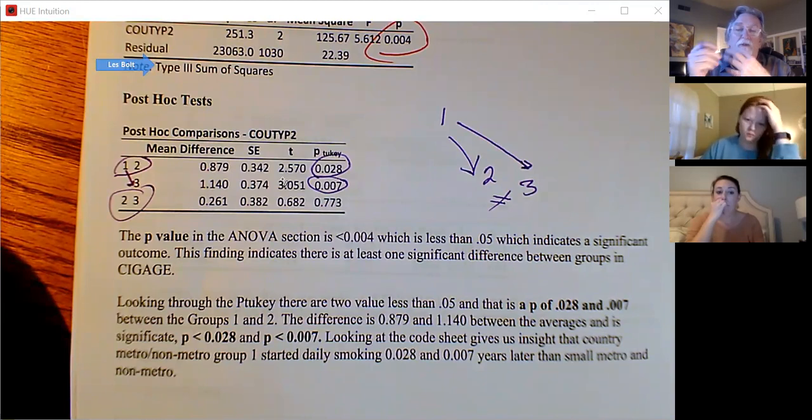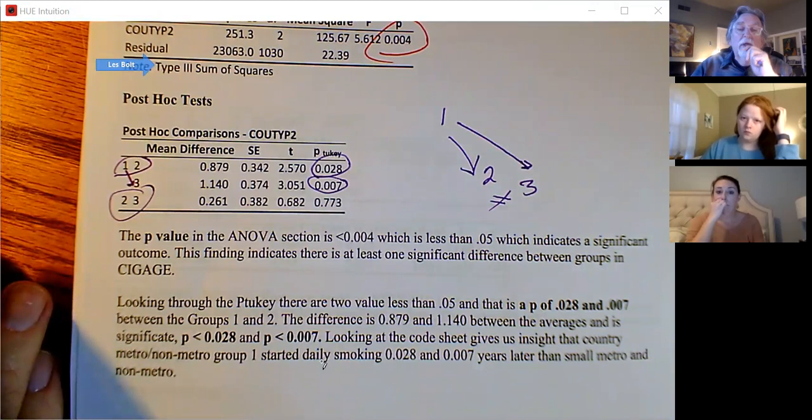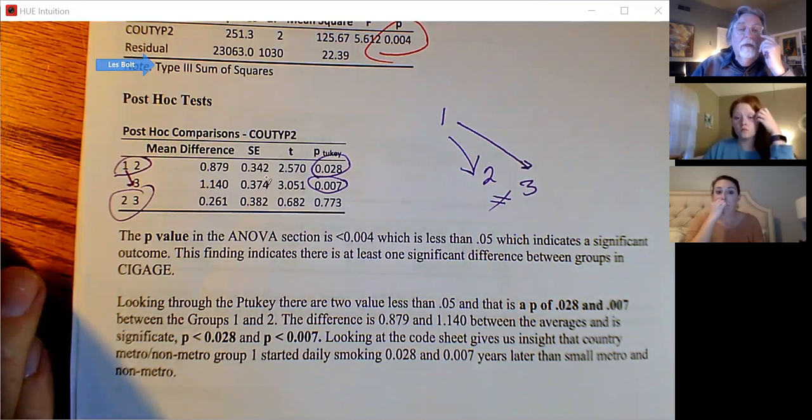Small metro is basically suburban. And so we can come to the conclusion, looking at the mean differences, that this would tell us that the urban folks began smoking later